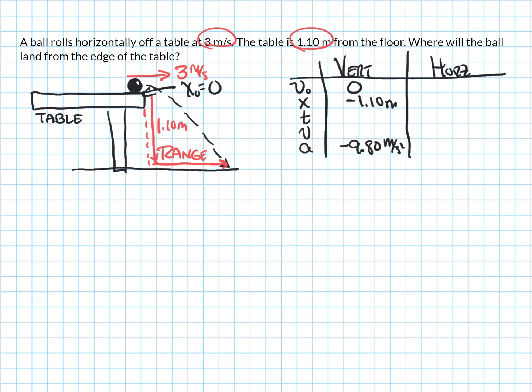You're always going to have it, so you can always just write that down vertically. It's negative 9.8 meters per second squared. The only time it wouldn't be negative 9.8 meters per second squared is if you were on another planet, say